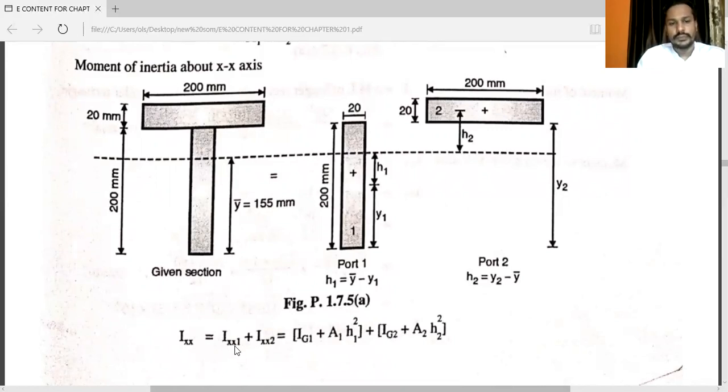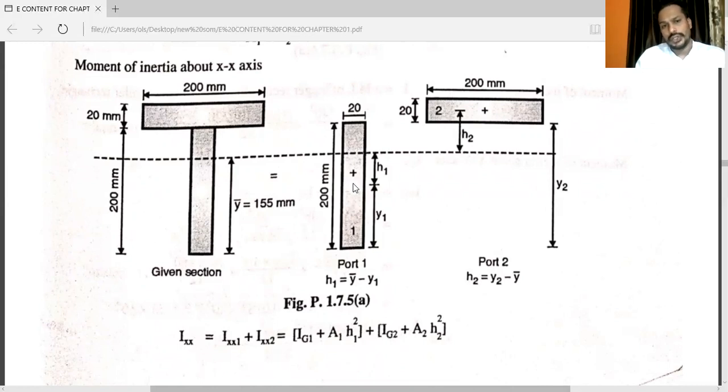Ixx1 about the centroidal axis xx. So Ix is Ig1 plus A1 h1 square plus Ig2 plus A2 h2 square, because the formula for Ixx is Ig1 plus A1 h1 square plus Ig2 plus A2 h2 square, because this is the